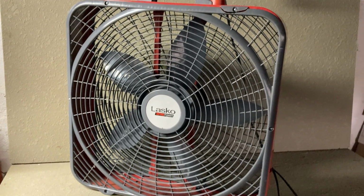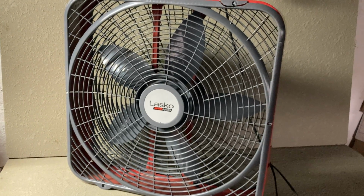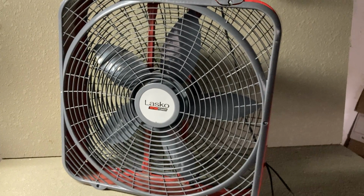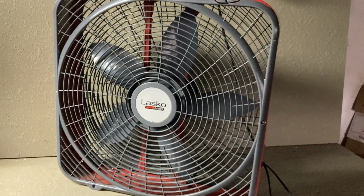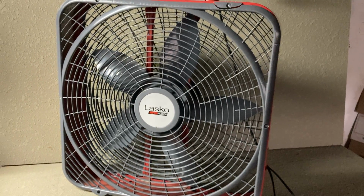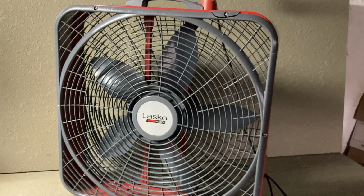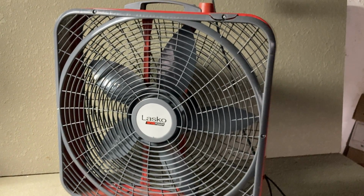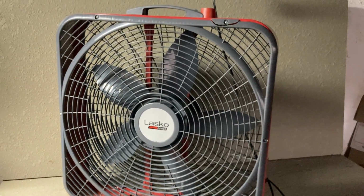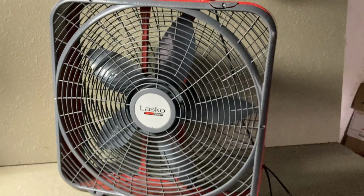When I ran it next to that air circulator fan, just that standard air circulator fan, whatever the model number of that is, that seemed a lot more aggressive and ran faster than this fan. I think this fan probably still moves more air than that one, but I think it's kind of marginal. There's no way for me to really measure that, but